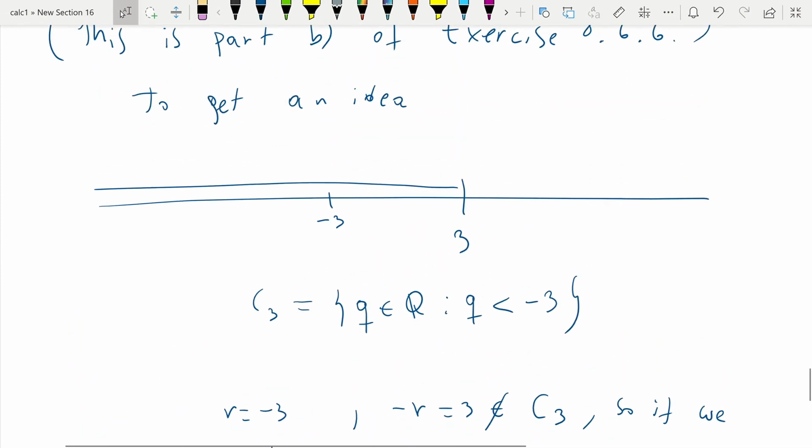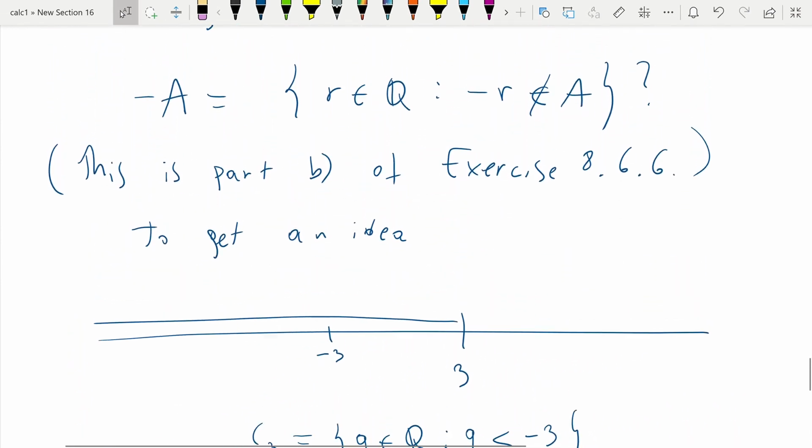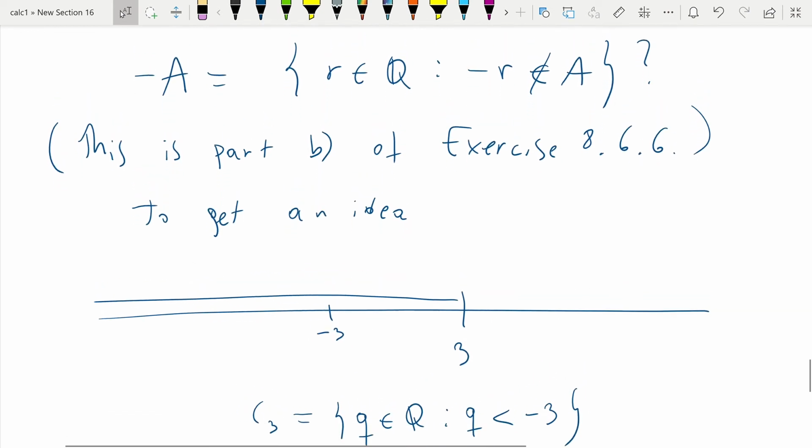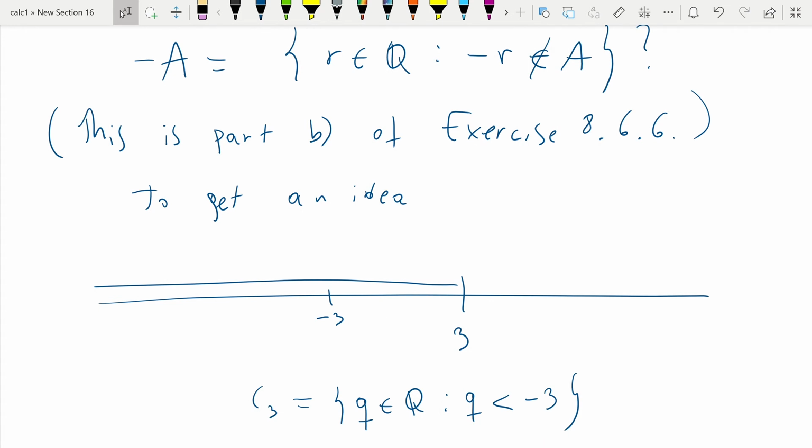Right, because the property that needs to be satisfied to belong to this potential definition, this faulty definition of the inverse, is that minus r means all the rational numbers such that minus r is not in A